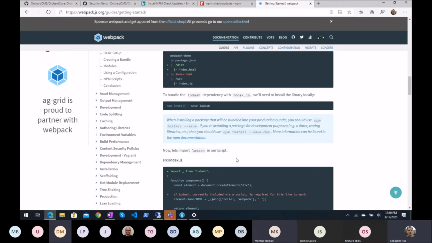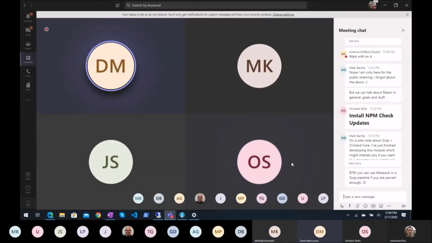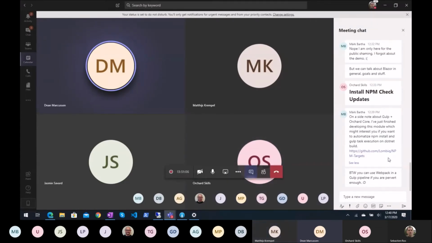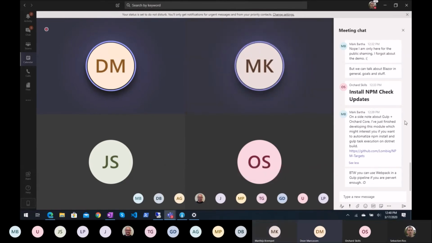But have a little analysis of what we actually do in the Gulp file as well, because what we're not wanting to do here is produce one library for all of Orchard Core. We produce a very modular system. So, I mean, it's possible to do it, but show us some advantages.